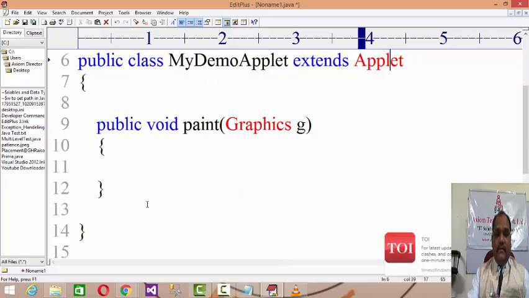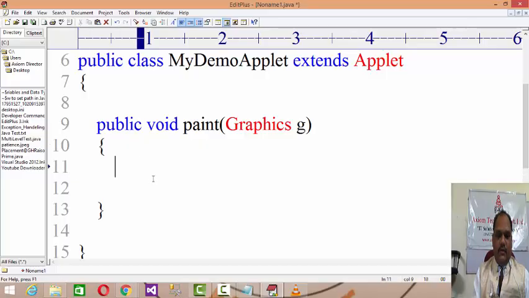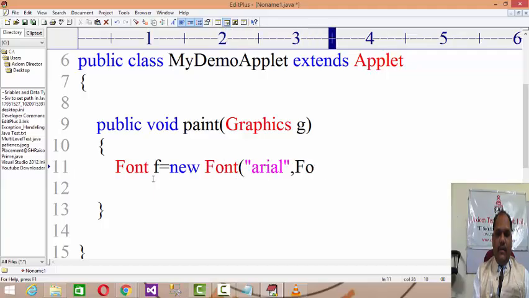Now as I said, we are going to run this Java code on the browser. So let's test it out. What I can do now is take up Font f. Font is again a class which is used for text style, and again it belongs to the AWT package. Okay? Font f equal to new Font, right? And here you have to specify the name of the font, the style of the font, and what exactly the size of the font you are expecting, right?